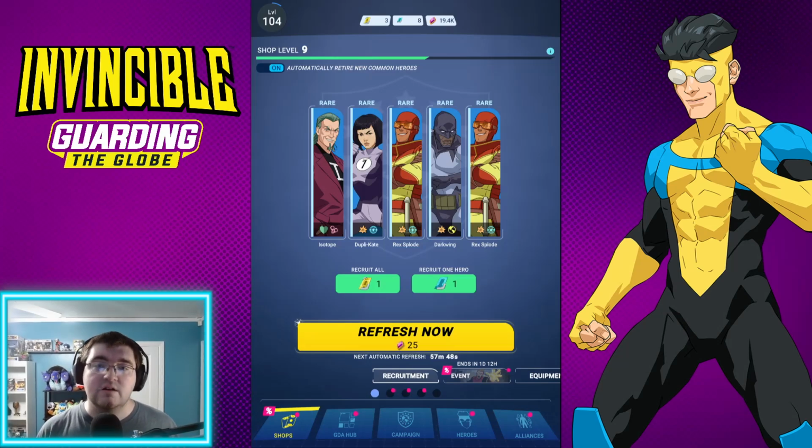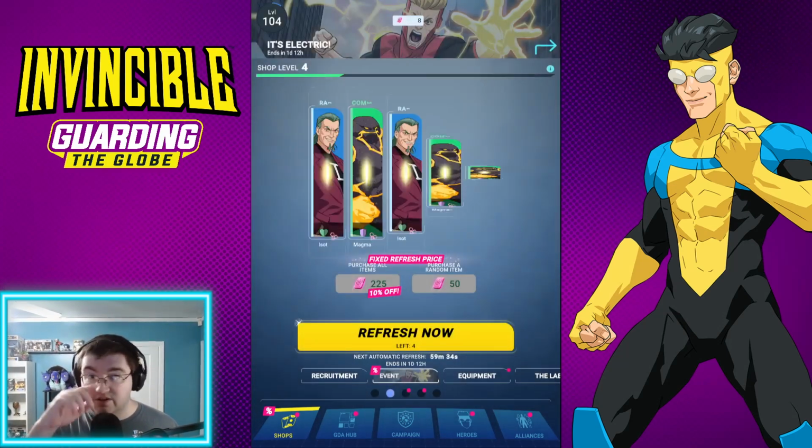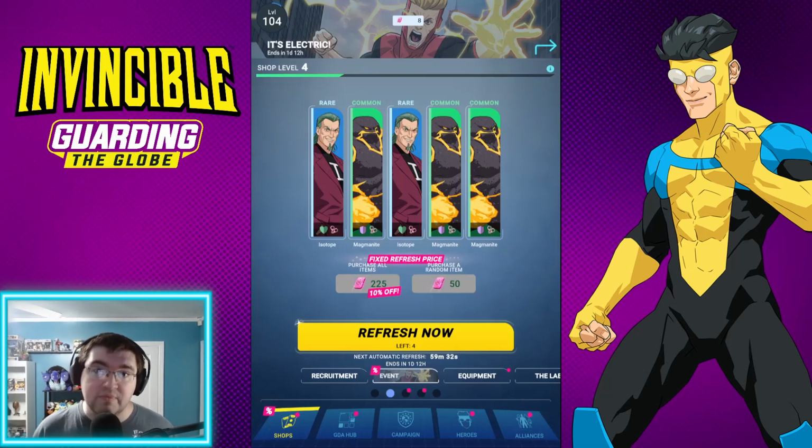One, there's just better things to use your gems on. There's events like the current new character event going on right now. You can use your gems to get the resources needed for these events. The new character events are probably the biggest thing to save your gems for, pretty much indisputably, if I'm being honest. Second thing you can use your gems on,